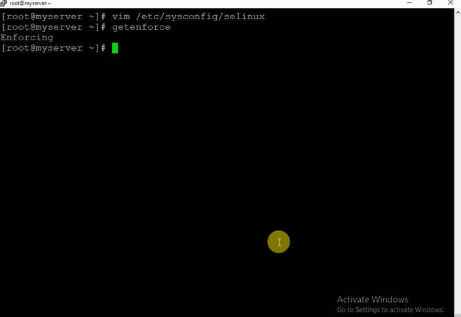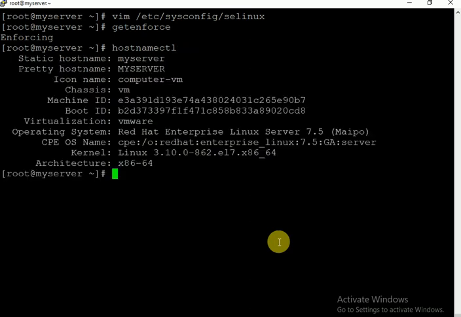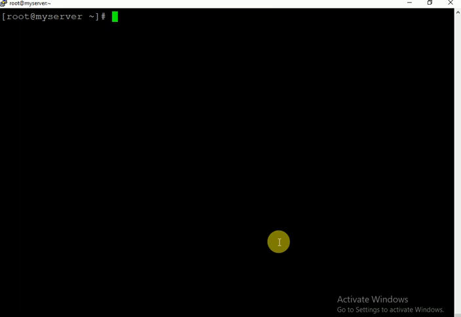This is RHEL 7, RHEL 7.5, the latest version of enterprise Linux. So how to check? I'll show you how to check the SELinux policy which is set. This is enforcing. Before going to that part, I'd like to tell you that there are three modes in